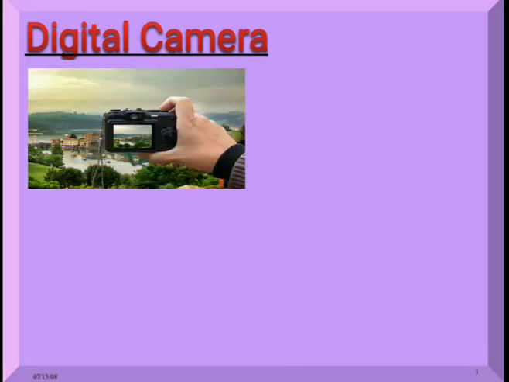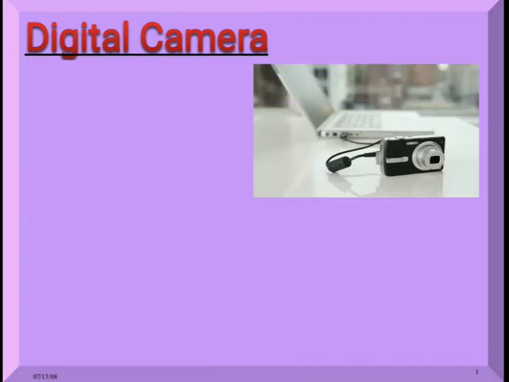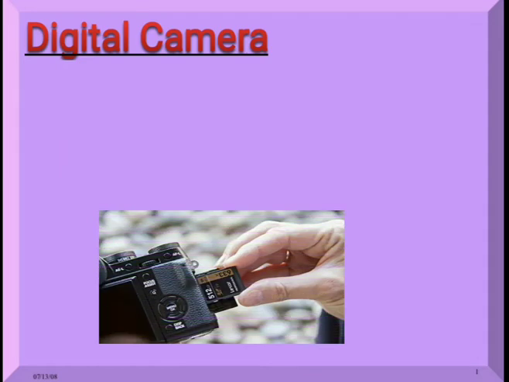Digital camera. This input device is used to take photographs. The photographs from the camera can be transferred to the computer with the help of a data cable. Digital cameras hold a memory card that stores the photographs. The memory card can be taken out of the camera and the photos can also be put into the computer using a card reader.